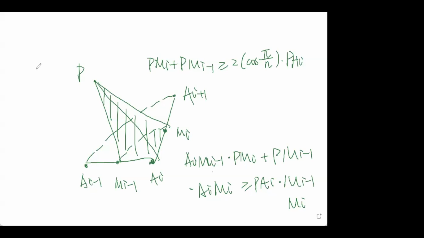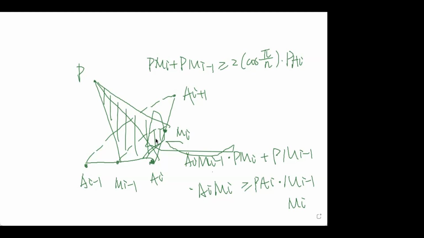I think it is a regular n-gon, and cosine of pi over n is the angle. How to describe it? Pi over n is the angle here. So if you think of cosine pi over n times PAi,